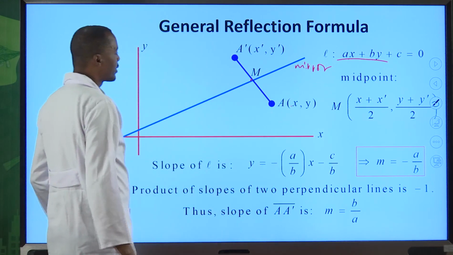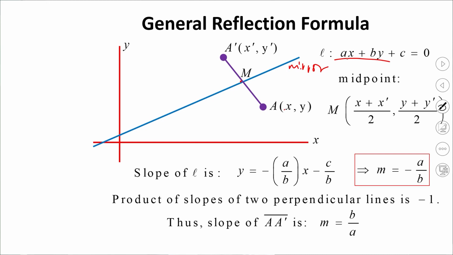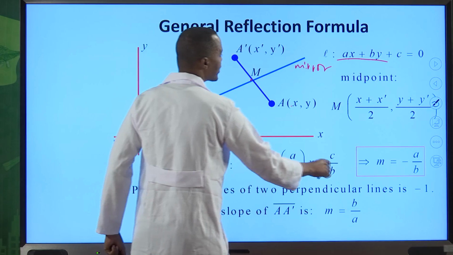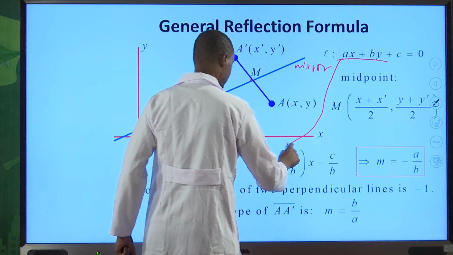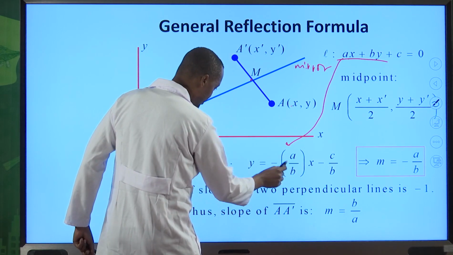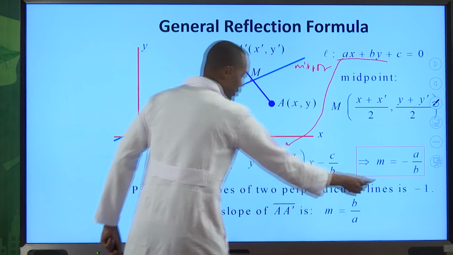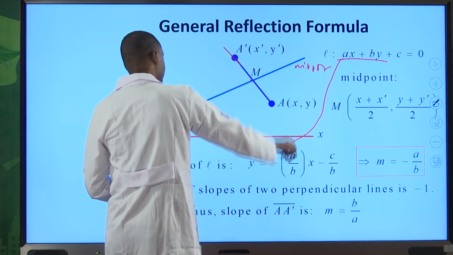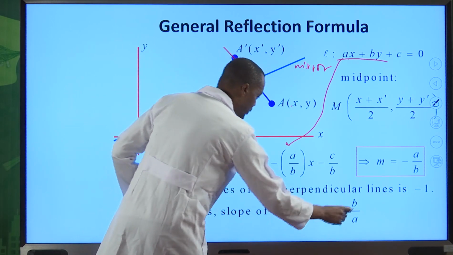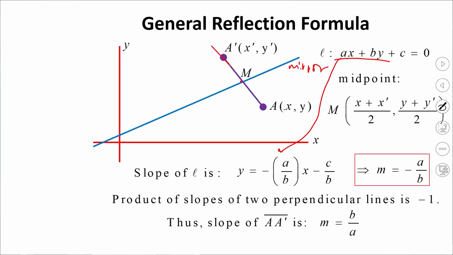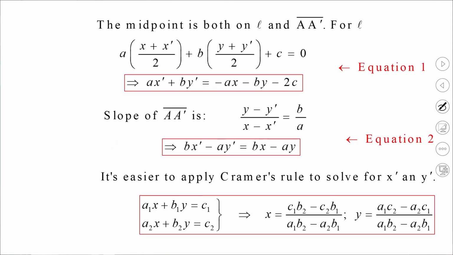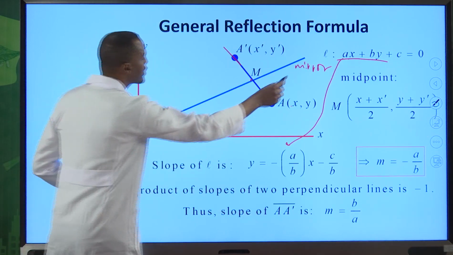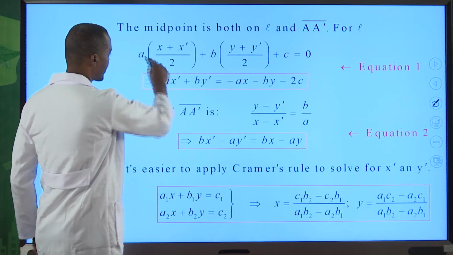But before that, if we rewrite this equation as y is equal to minus a over b x plus c over b, we can rewrite this one in terms of this one, so that I can directly see that the slope of this line is minus a over b. Because they are perpendicular to each other, the slope of this line is b over a, so that b over a times minus a over b would be minus 1. So this is the midpoint, which is plugged into this formula, and then we can directly write this one,